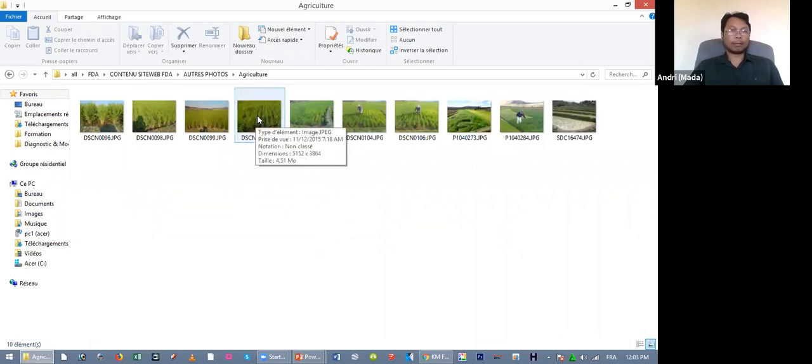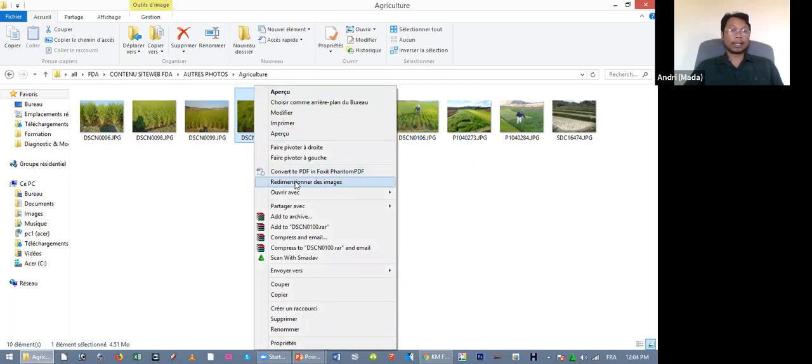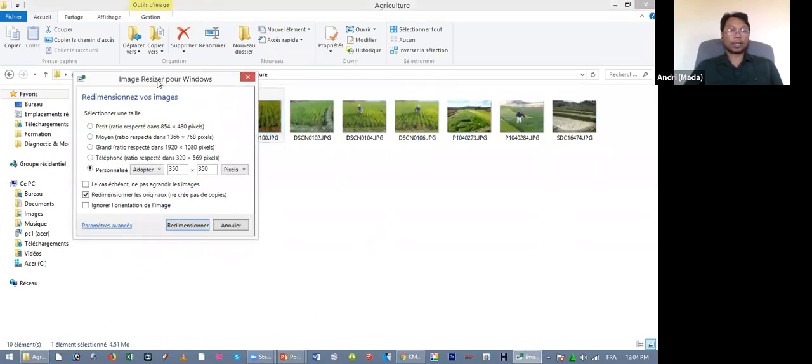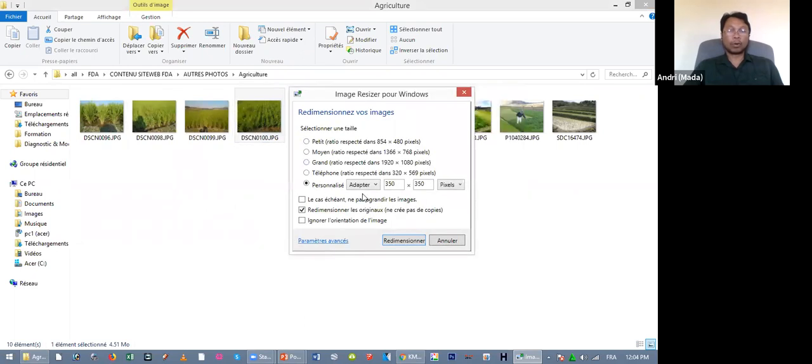As you know, you already downloaded the image resizer. So if I want to resize one photo now, let's say this one, I just right-click on it. This is the first way to do it. Right-click, and because I downloaded it in French, it is "redimensionner des images," or resize image in English. So I just click on resize image, and I have this small screen, the image resizer for Windows. And here I can select how big will be the image that I will